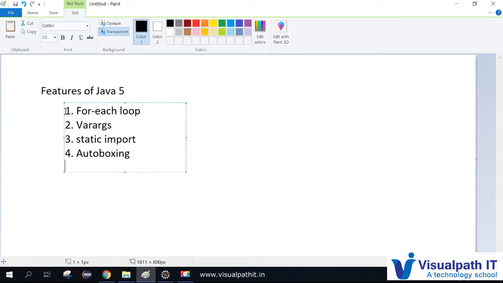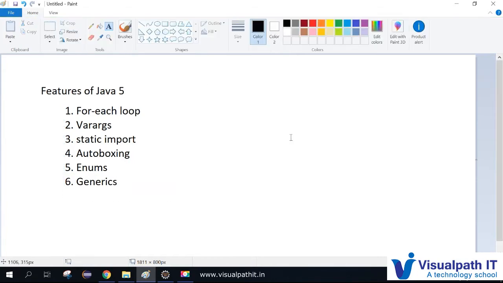People who are already using Java 7 might already be using these features, with or without knowing they are specific to Java 5. So these are all the features introduced in Java 5, and enums, generics. So these are all the features introduced between Java 4 and 5.